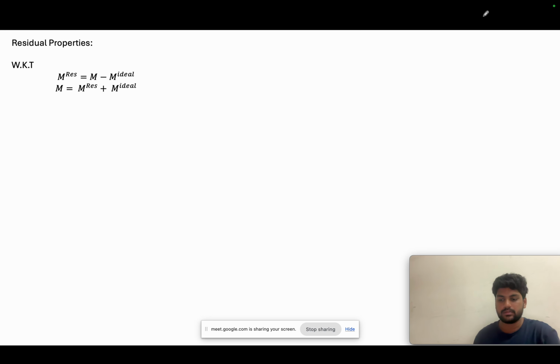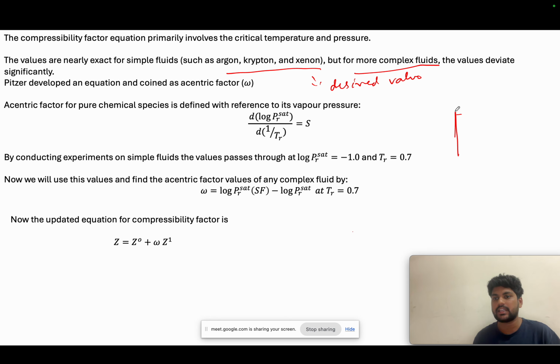He took the values of TR, which is the reduced temperature, and he took log PR, and then he started plotting the values of all the experiments for the simple fluids, because he thought simple fluids were giving good values. He took different conditions of TR and PR, found the values, and plotted the graph, and this graph goes through one point, which is y,